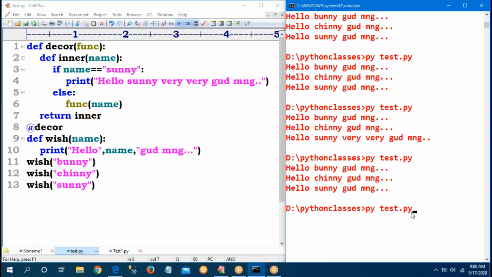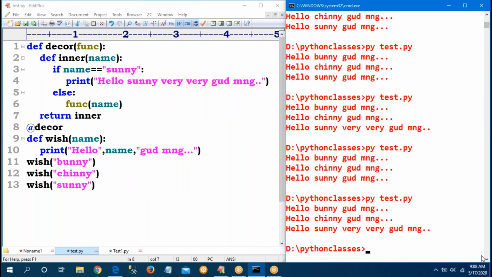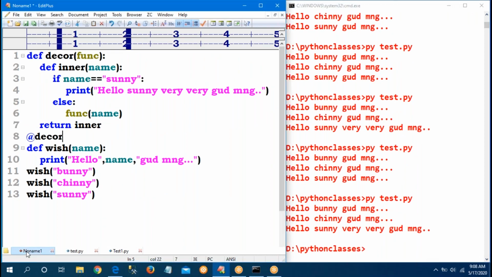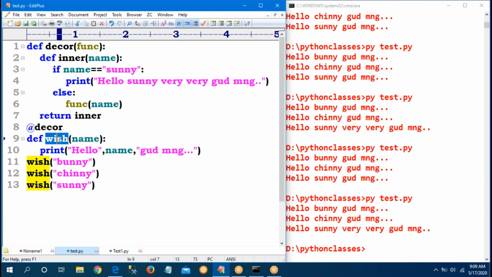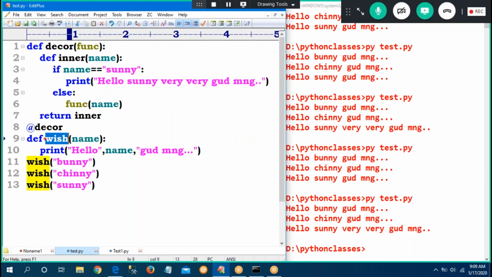So I am providing a chaining link between those two. One function is given as input to the decorator, and I get an output function. Same concept.